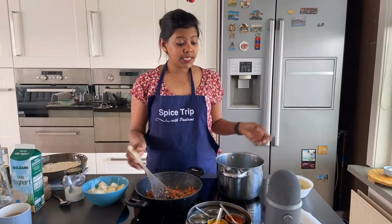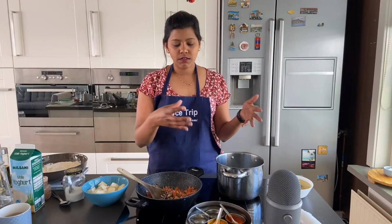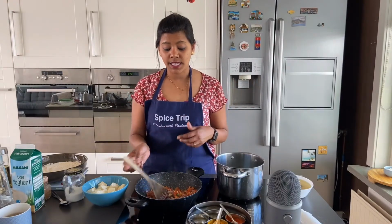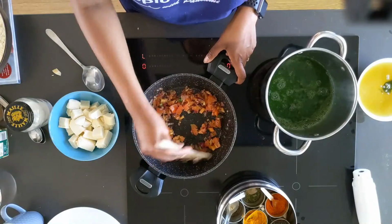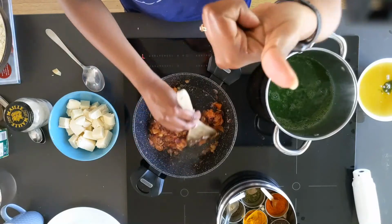But what I'm trying to say is, if you are somebody who's running really late and you want to cook this dish and you don't have enough time, you can actually just add the frozen spinach, defrost it and add it directly. You can do that, but that's not how it's authentically made. It's always made into a smooth paste and then added. That's how it's authentically done, and I'm teaching the authentic version. But if you don't like it or don't have time or prefer it that way,